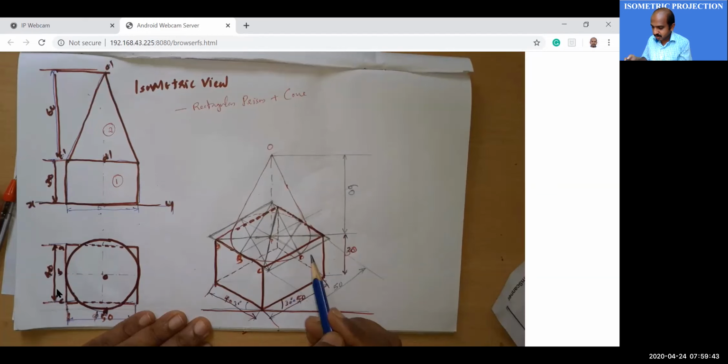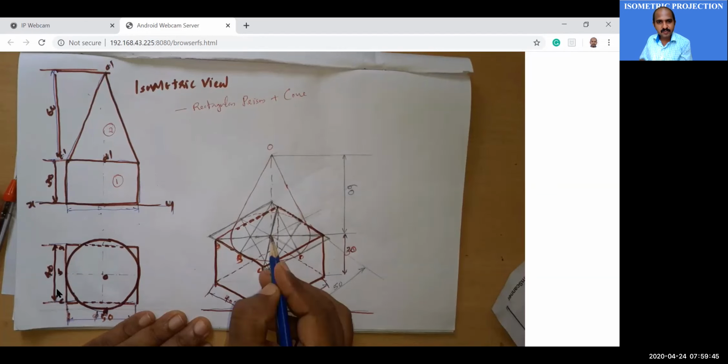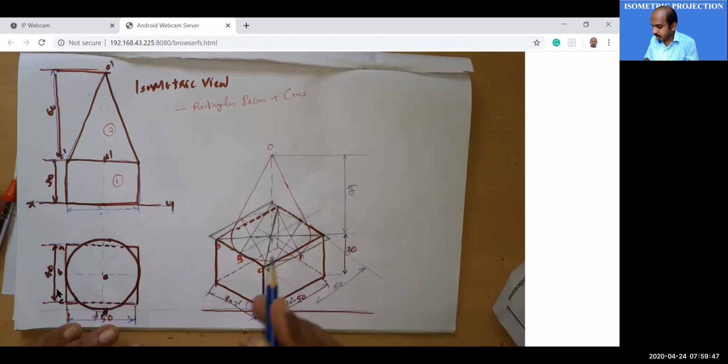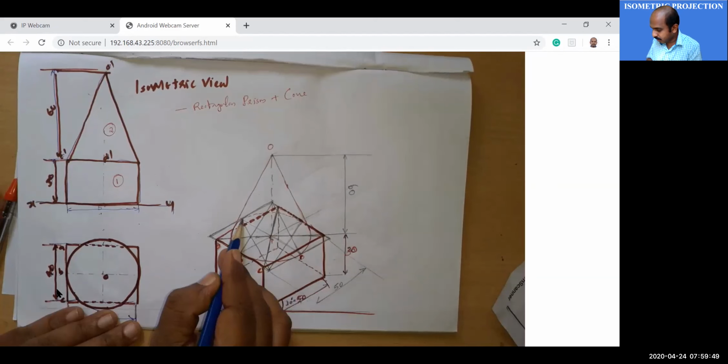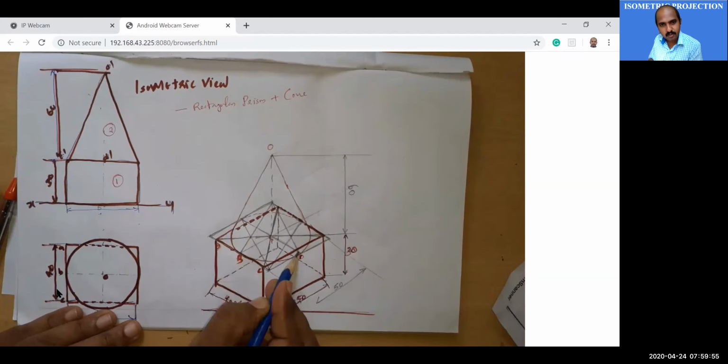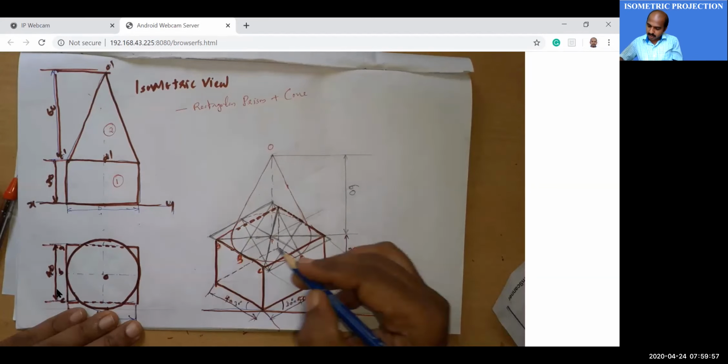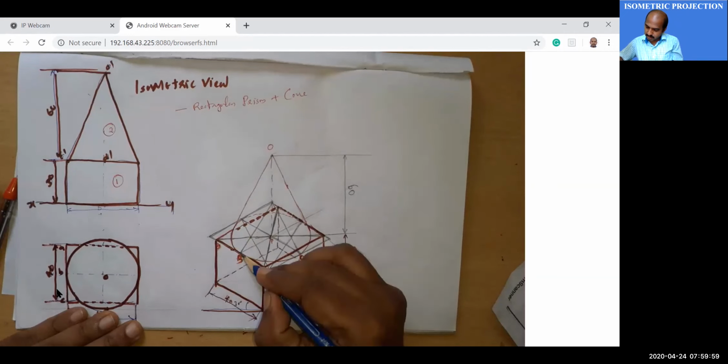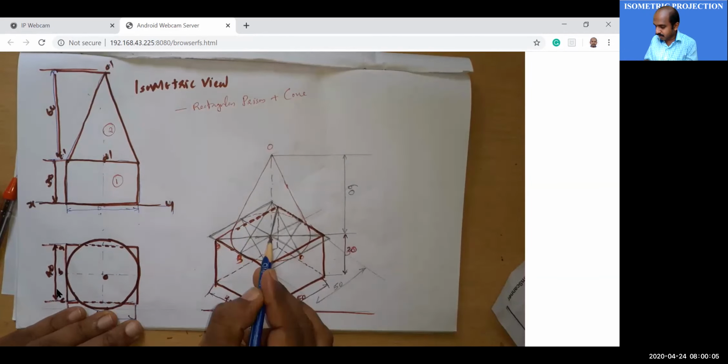Or what is another method? You locate the center here. You draw a line parallel to ABC, and another line parallel to CD. From the center to this point, what is the distance?